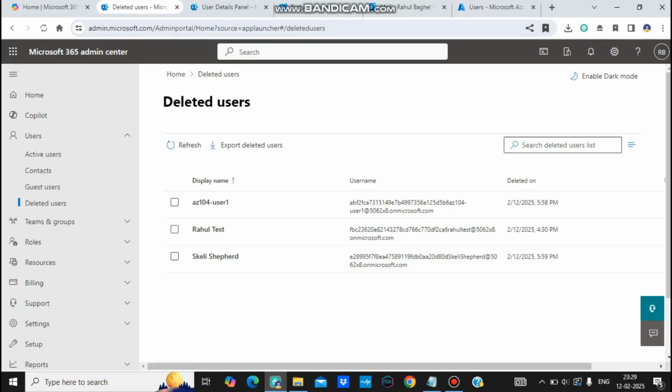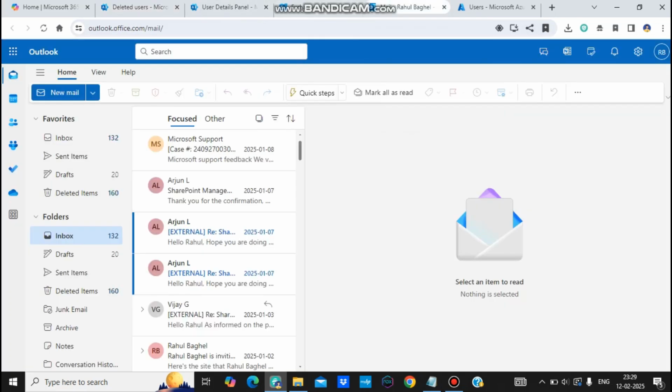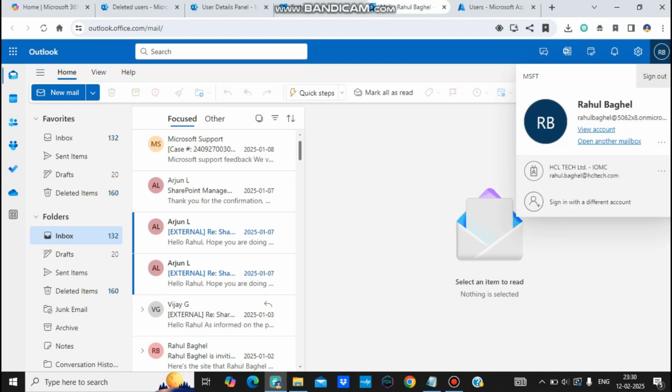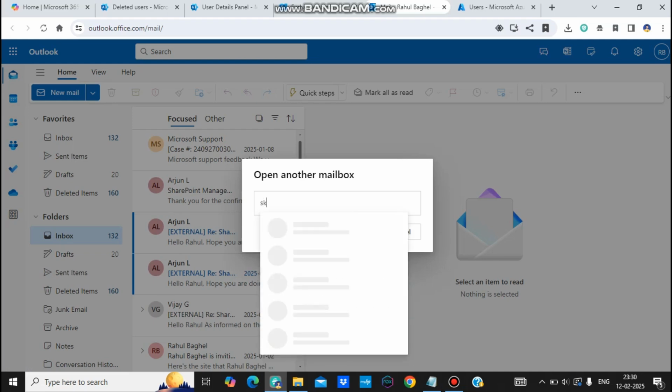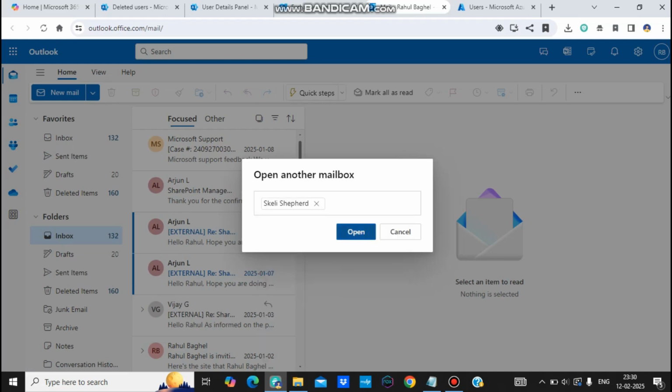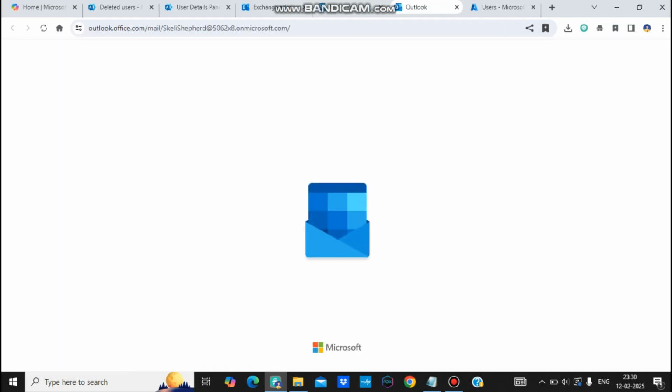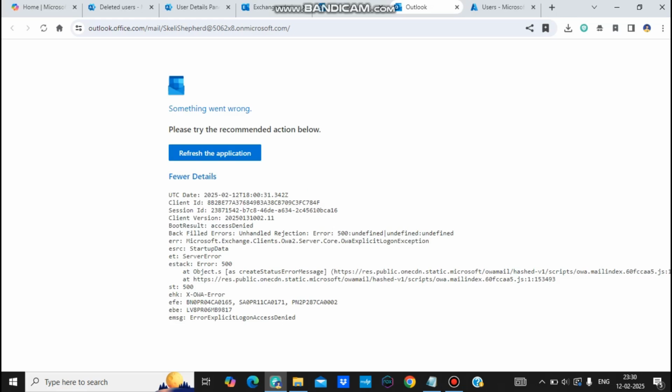All right. Now the next thing is, how do we access the user account? How do we access the mailbox, and how do we access the OneDrive? So what I can do is simply go to my Outlook. I'll click on this section here. Okay, I'll click on my name there, and click on open another mailbox. I'll simply put in the name of that user here, Skelly Shepherd. I click on open, right? So the user account will open up now, because I now have access to this account. Okay,